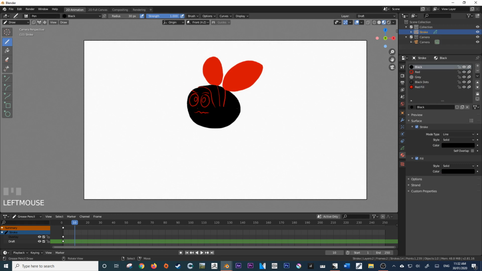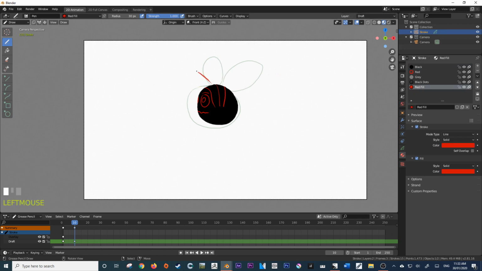So let's just get my black again, and I'm just going to very simply create a sort of a circle where, in fact, let's turn him towards us, if I can get it correct. This is half of what it is. It's just retrying the shape over and over again. So once I've done that shape, I also want to come over here and select my red fill, and I'm just going to quickly create the wings as such, sticking out of him like this.